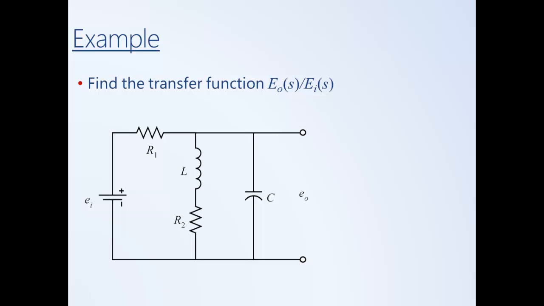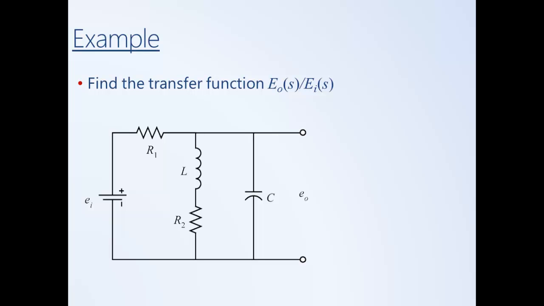So here's a circuit that we addressed earlier that we found the governing differential equations for. We found one equation for each loop. From those differential equations, we could find the transfer function EO of s divided by EI of s. The way that we do that is we take the Laplace transform of the differential equations and then do some algebra in order to get it into the form output over input. That process would actually be somewhat tedious, the algebra involved. It's much simpler to derive the transfer function directly using complex impedances,